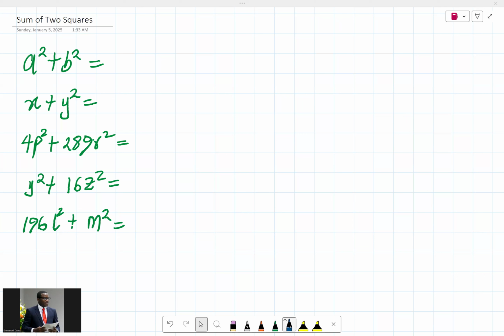In this video, I'll be talking about sum of two squares. Now, how do you handle sum of two squares? Normally, sum of two squares cannot be factorized like difference of two squares. But then there is something we can do about it. If you look at a squared plus b squared, for instance, you will discover that it can actually be expressed